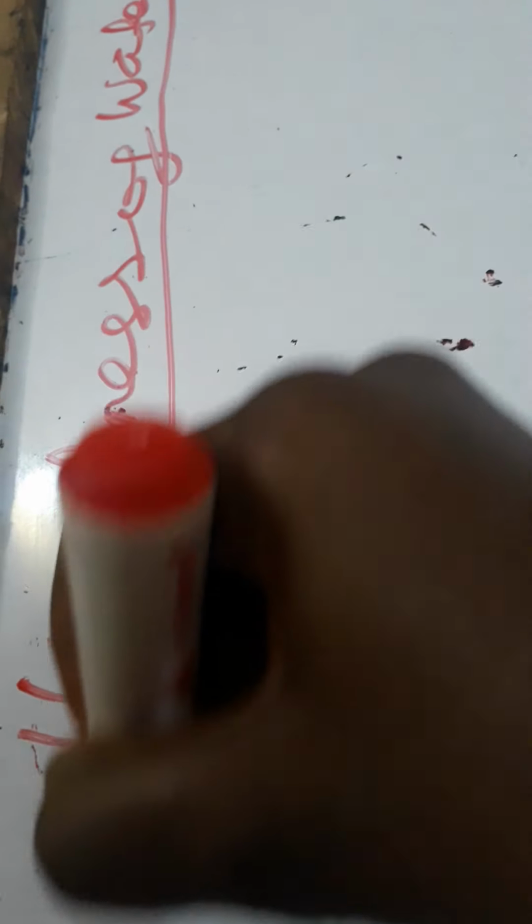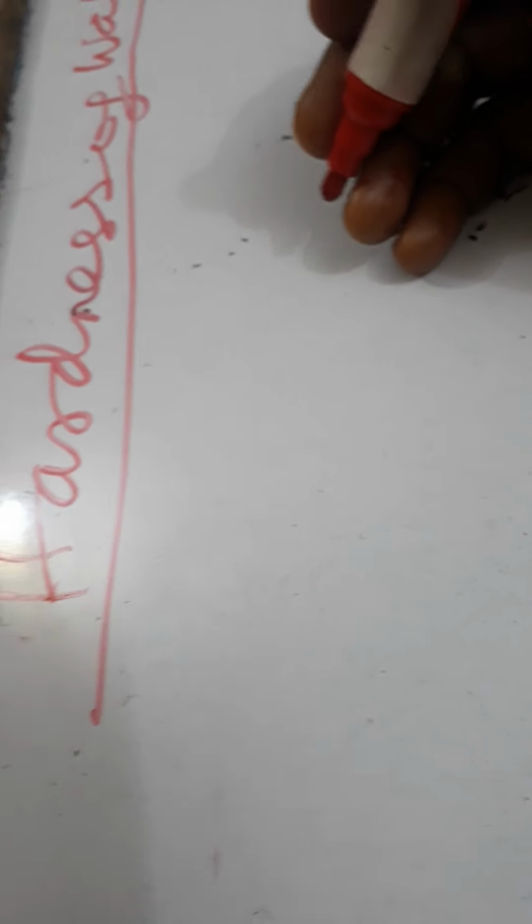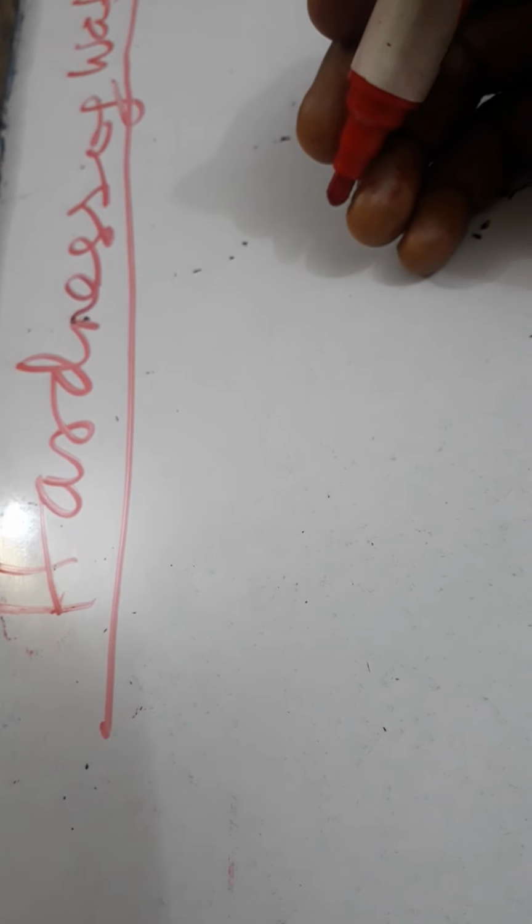Now, under hardness of water, we've treated temporarily hard water. And I said we have different methods of removing temporary hardness. That is water that contains calcium hydrogen carbonate and magnesium hydrogen carbonate. Number one, by boiling. It will break down the calcium hydrogen carbonate to give you calcium carbonate, which is